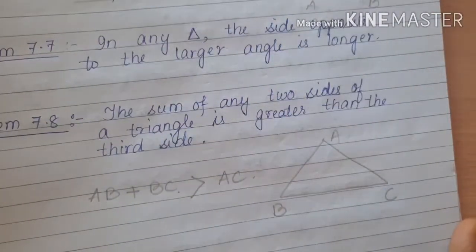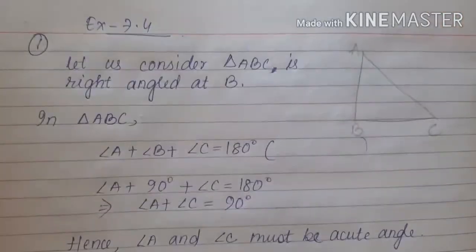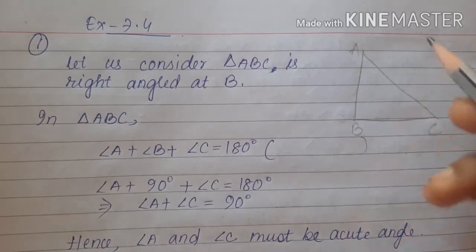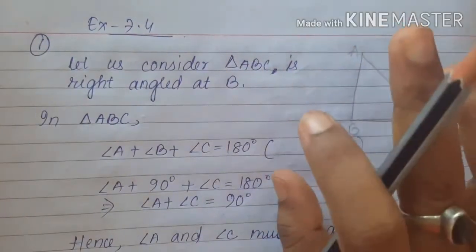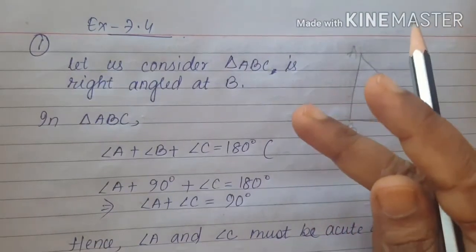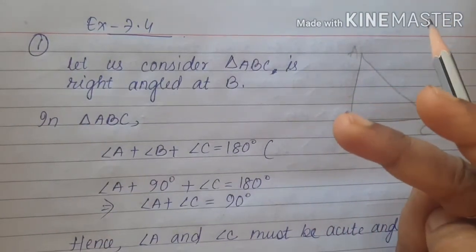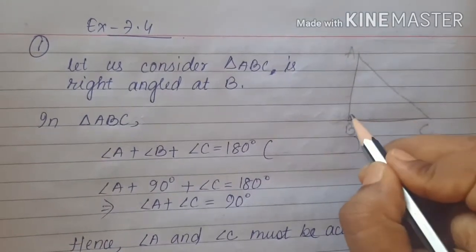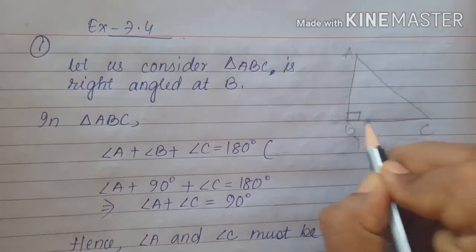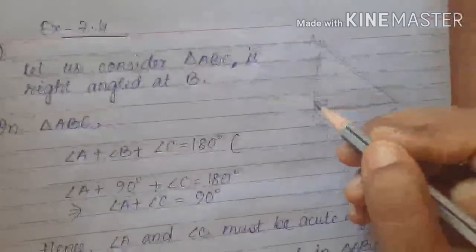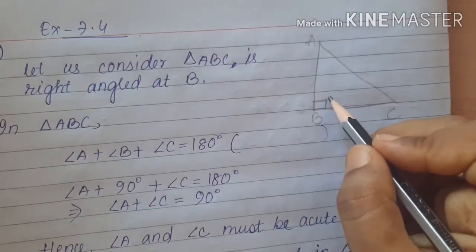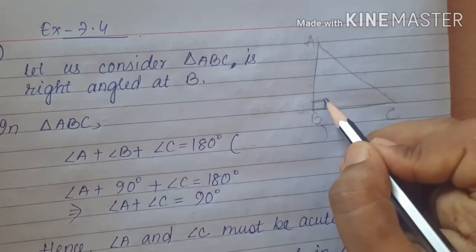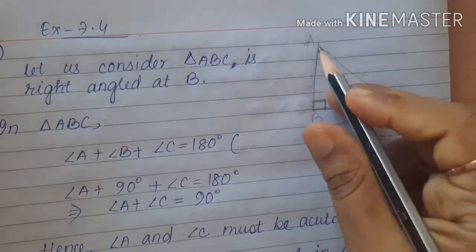So let us discuss two questions from the next exercise. So exercise 7.4, question number 1. It is given in the question that triangle ABC is an isosceles triangle. So in an isosceles triangle, you know that two sides of an isosceles triangle are equal. Okay, so already given that the triangle is a right angle triangle and it is right angle at B. That means angle B is equal to 90 degrees. Okay, so what we need to prove? We have to prove that the side opposite to 90 degrees, that is the angle B. Okay, side opposite to the angle B, that is 90 degrees, will be the larger side.